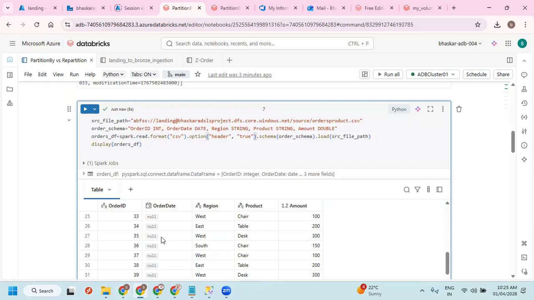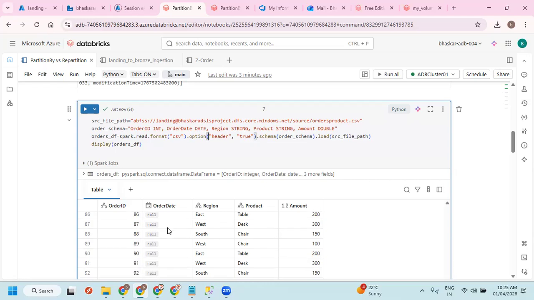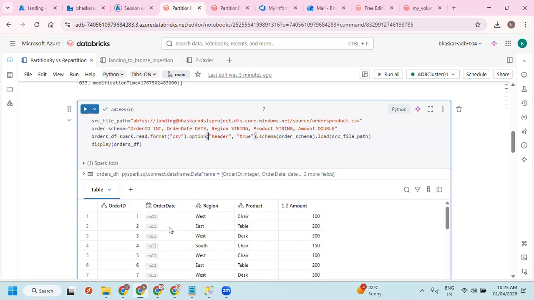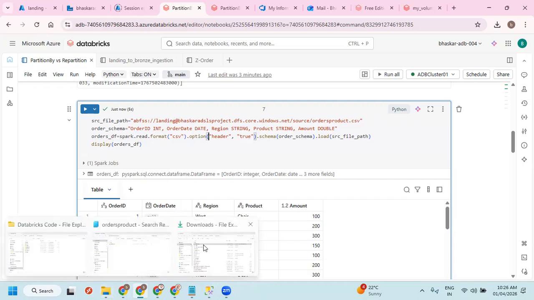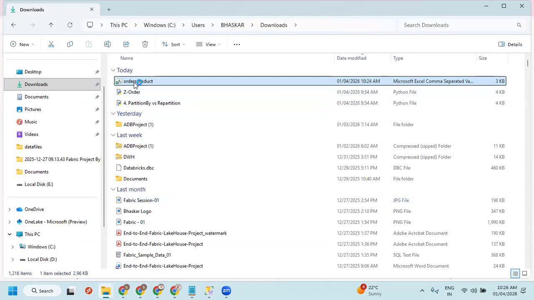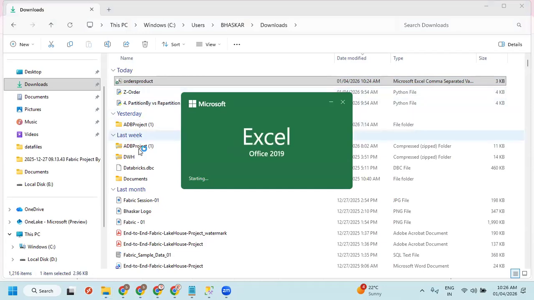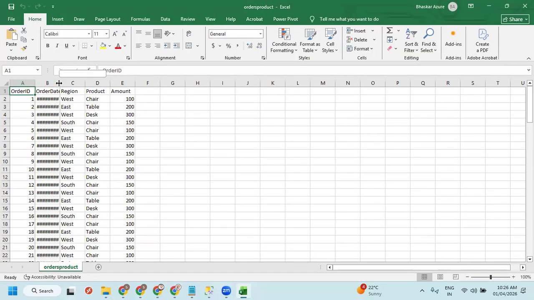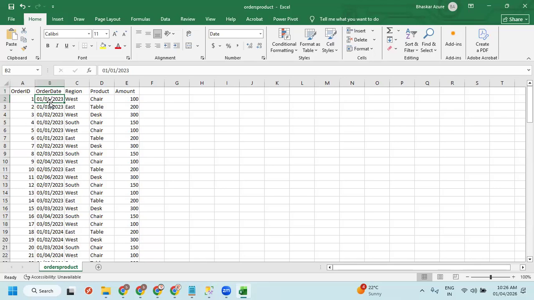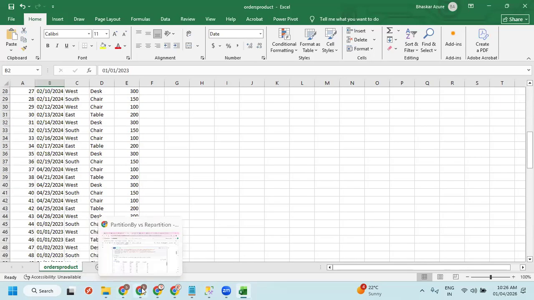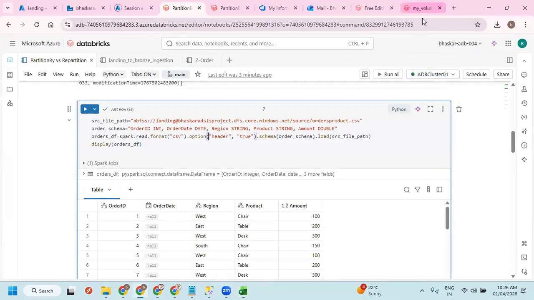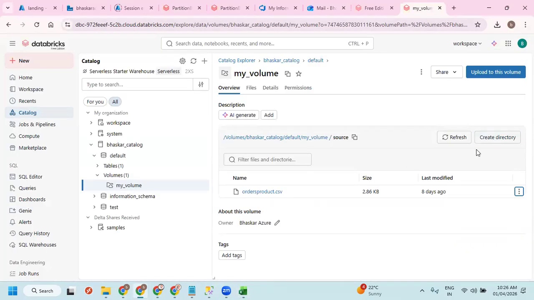Okay, the problem is with the date format. My bad. Let me download again.